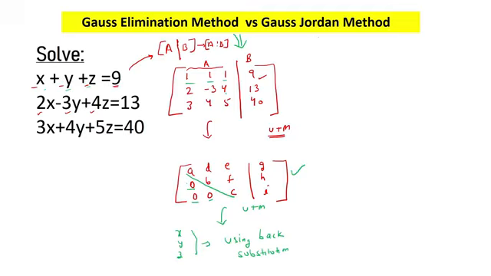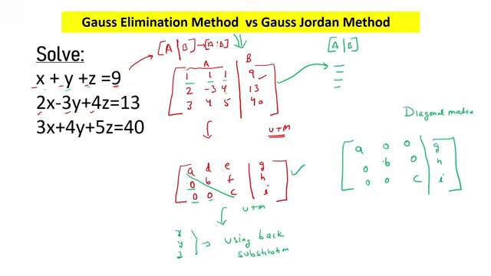Now in case of Gauss-Jordan, what are the steps? Again, first we have to convert the given set of equations into the augmented matrix. This step will be similar, that is, here we will get the augmented matrix. Then after that we have to convert our augmented matrix into a diagonal matrix. And when we say that we have to convert this matrix into the diagonal matrix,